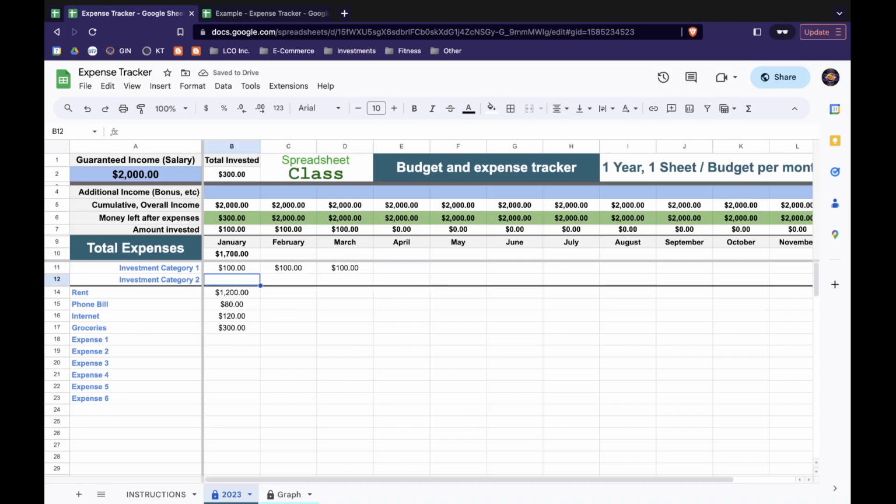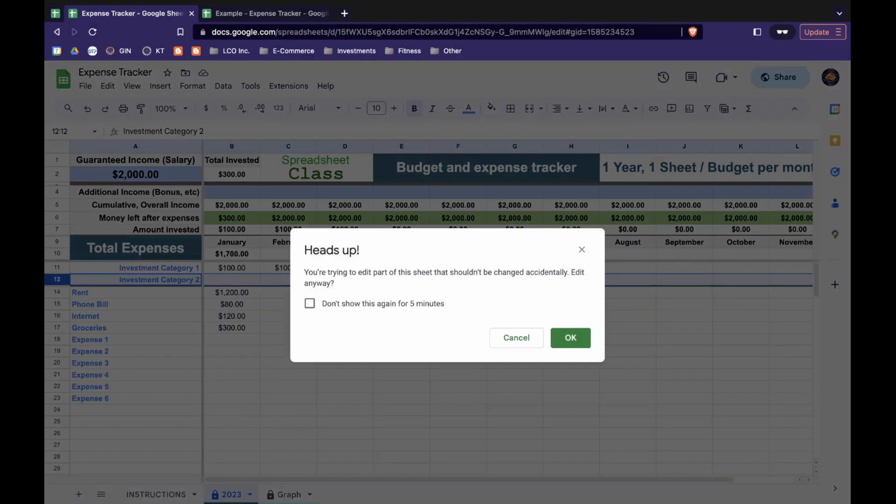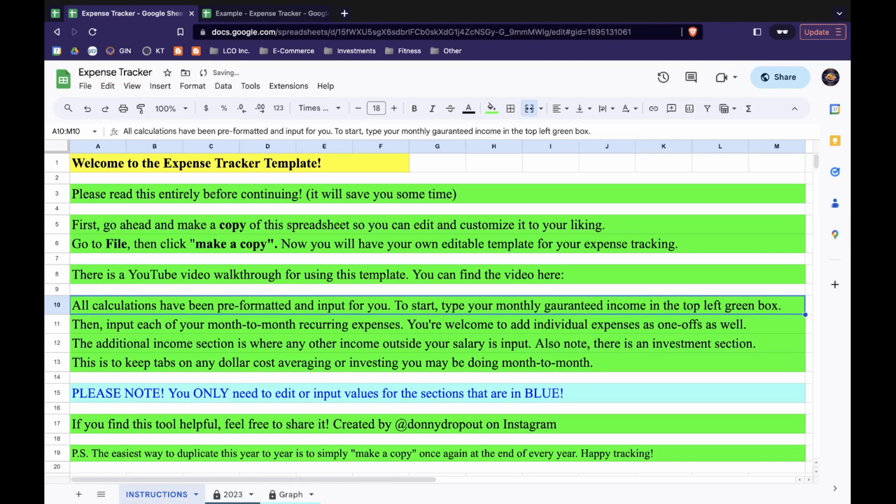If ever you were wanting to delete a section of the spreadsheet, for example, this entire row, you can just select the row, right click, click delete row, and it's going to go ahead and delete that row for you. Now, if we go ahead and take a look at the actual example that I put together here, just for some more tips and tricks,